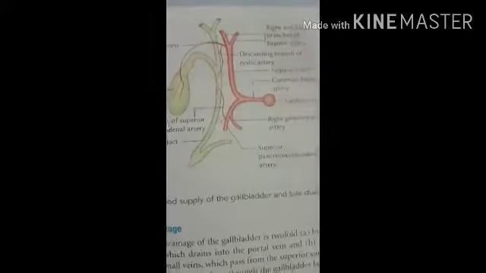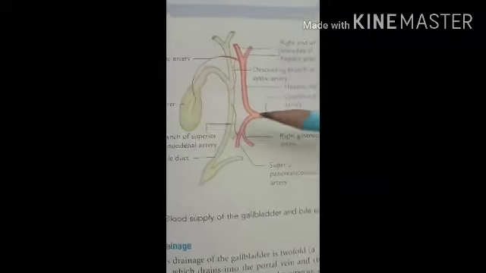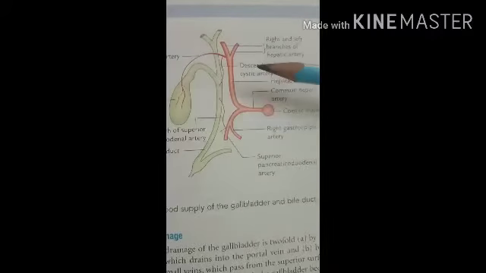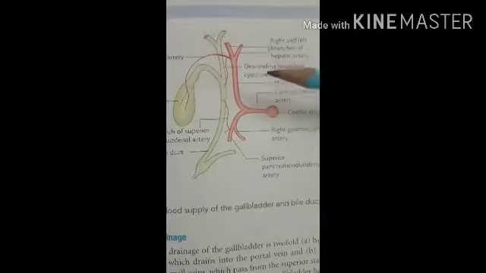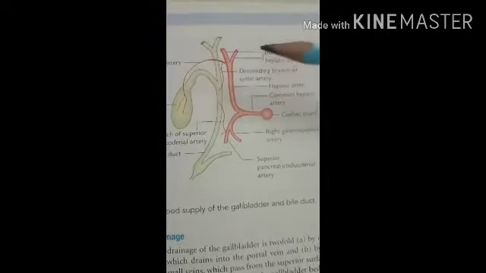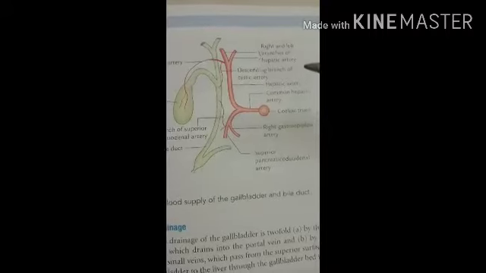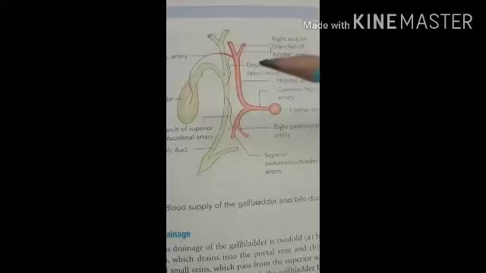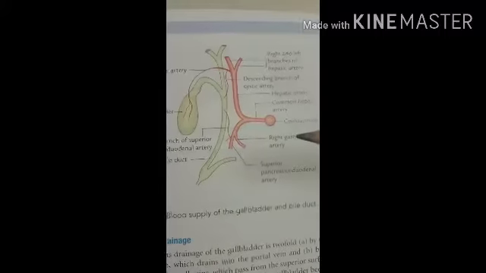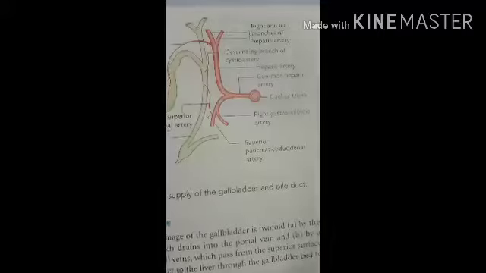Then the venous drainage of the extrahepatic biliary apparatus, that is the hepatic vein, it enters into the liver through the fossa of the gallbladder and joins tributaries of the hepatic vein. Then the cystic vein opens into the portal vein, and the lower part is also drained into the portal vein.